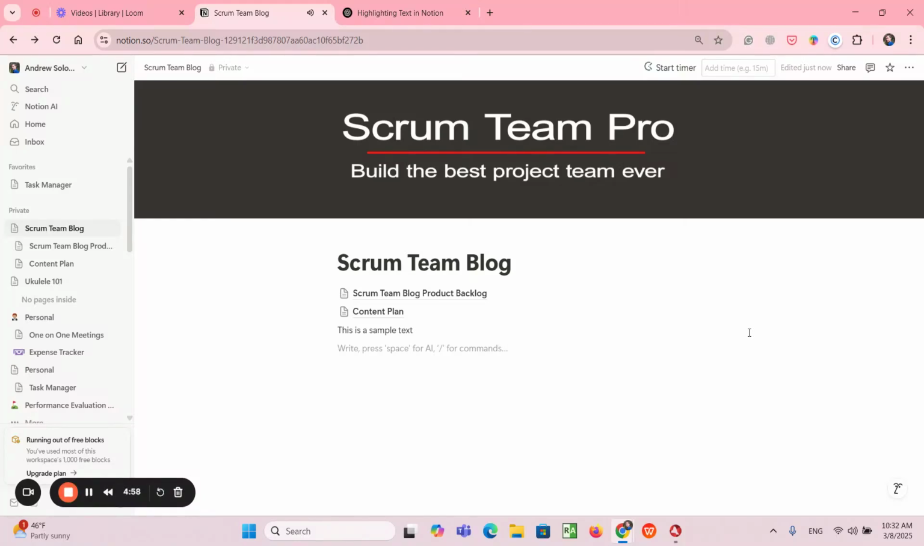Hello everyone, welcome to this Notion tutorial series, and in this video I will show how to highlight text in Notion. So there are a few approaches how to highlight text in Notion, and let's start with